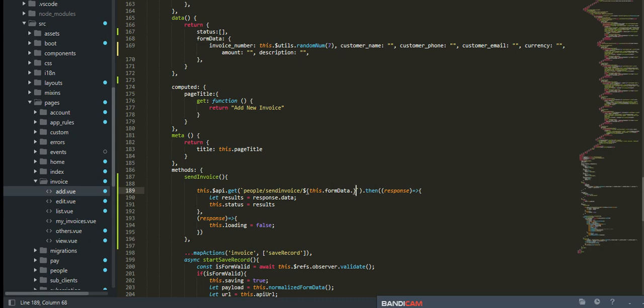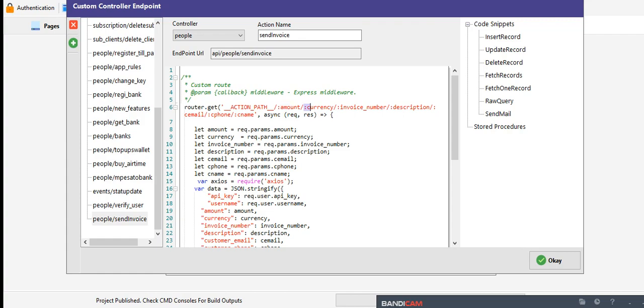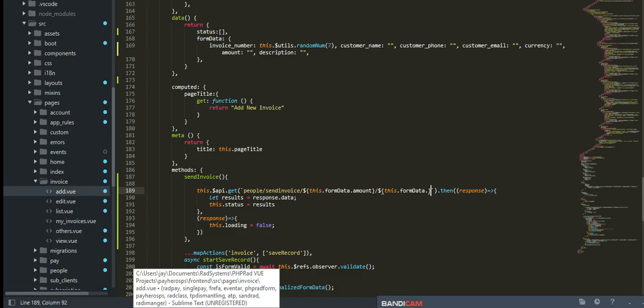Now first thing I'm just going to do is copy everything here because it's going to be the same way everywhere. Just copy. Now here we're going to say this.formData.amount. Now slash that and put the next parameter. In our endpoint the next parameter is going to be the currency. So we're going to say this.formData.currency here,